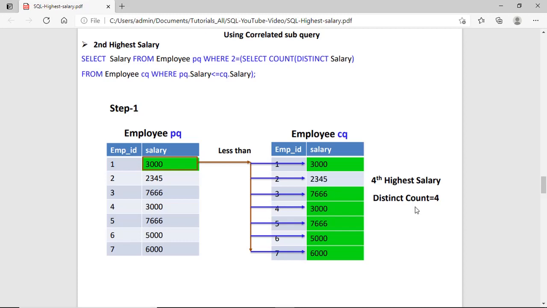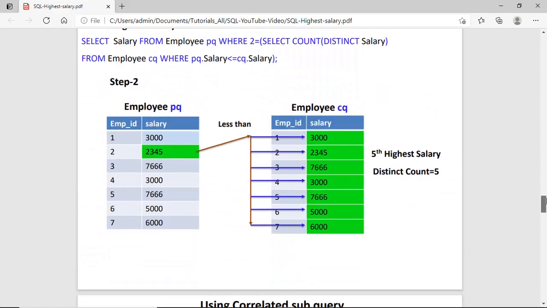It means the condition is false because we want a distinct count of 2. Again in step 2, the second value is passed, 2, 3, 4, 5, and the distinct count is 5. The condition is false, but on the fifth position this is the highest salary, 2, 3, 4, 5.